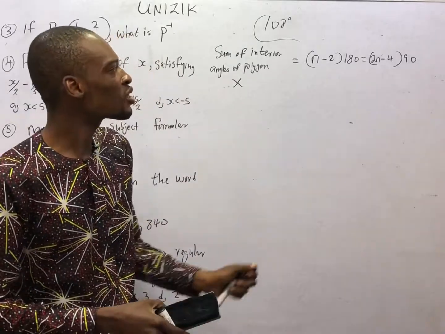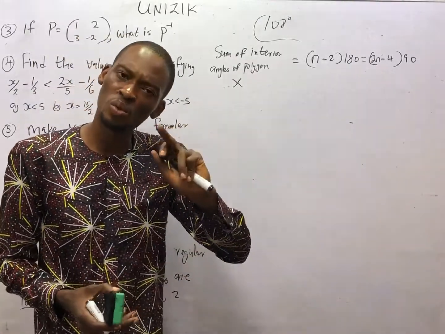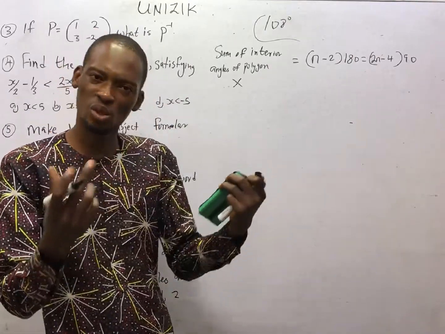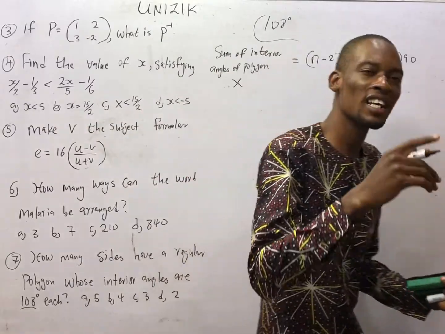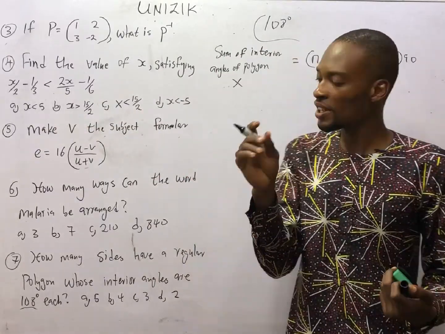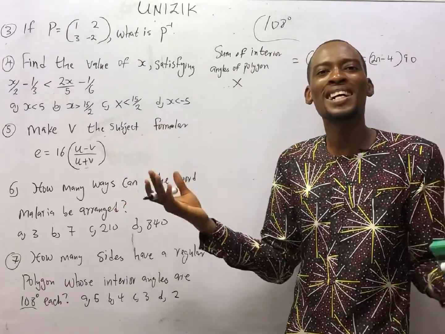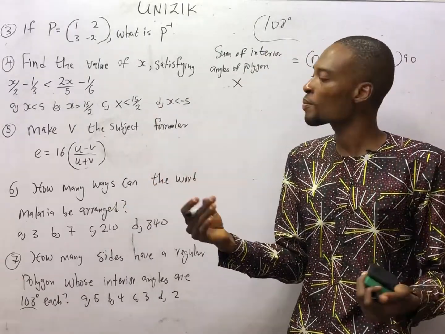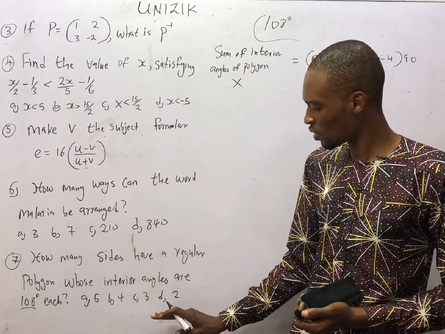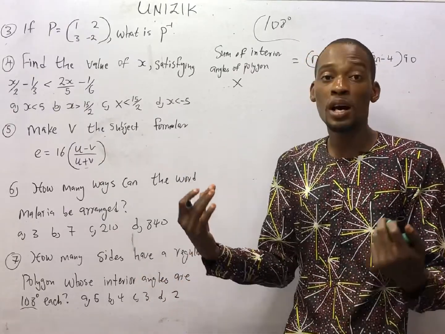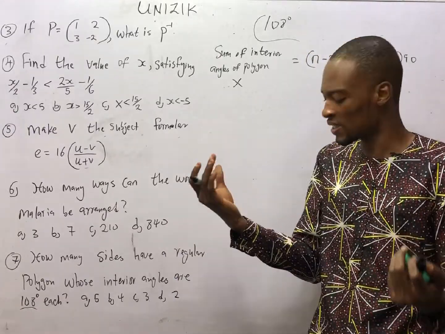So don't come and substitute 108 degrees in this formula and start solving. No. They said each, not the sum. So this formula will not work because we are given each of the interior angles of the regular polygon and we are not given the number of sides. There is a formula for solving this type of question. When we are given each interior angle of a regular polygon and asked to find the number of sides,